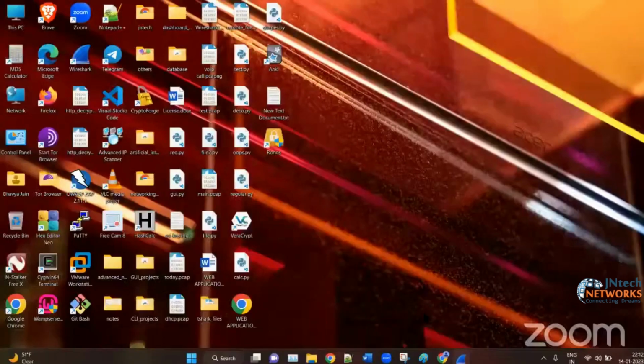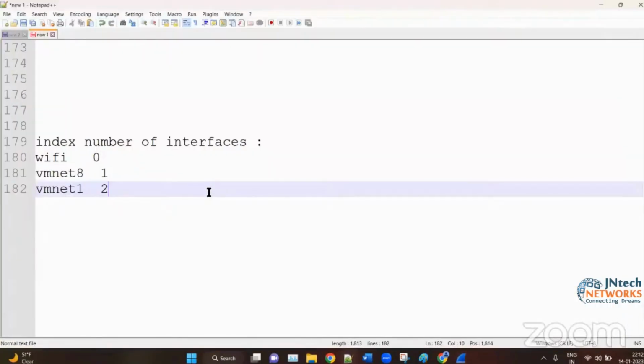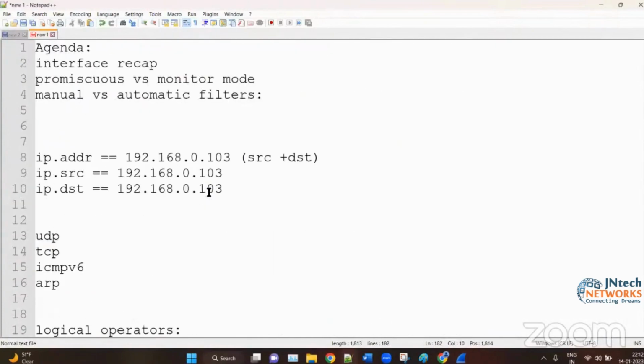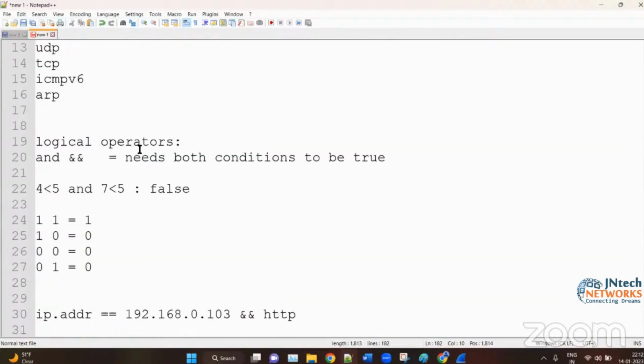Okay. So this is how you can capture on multiple interfaces. So this much is clear. Yes. Any doubt? Okay. So now